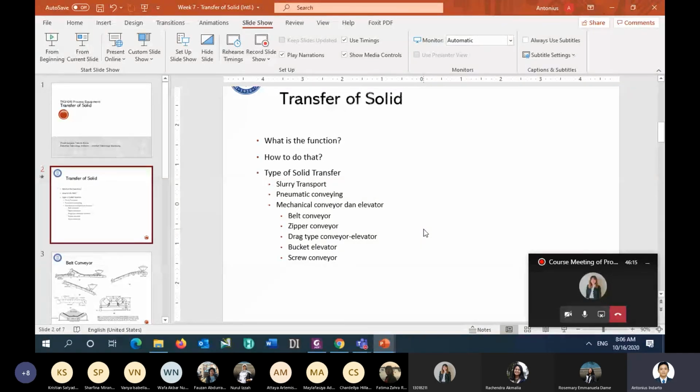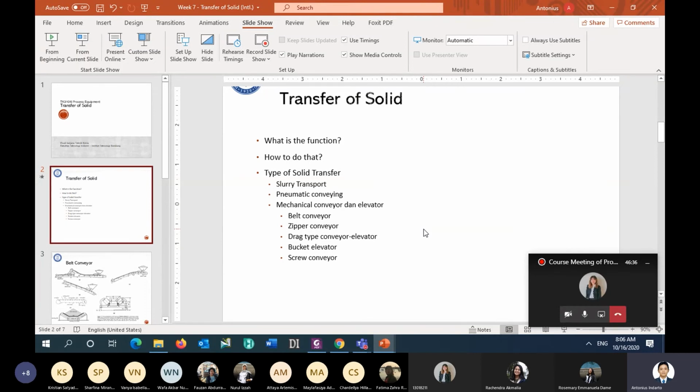Because in the case of the pneumatic conveyor, we can only use it when the size of the solid particle is very small and homogeneous. It means that if you have a very big solid particle, it will not go up.